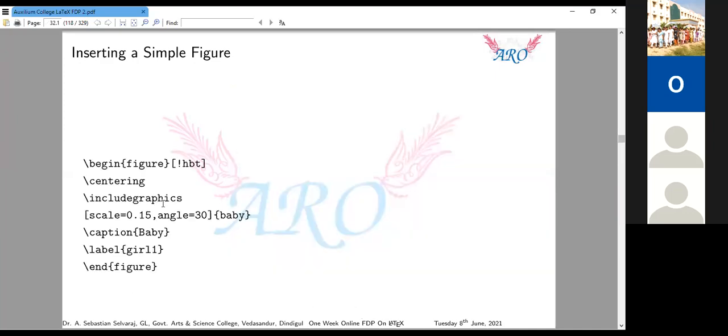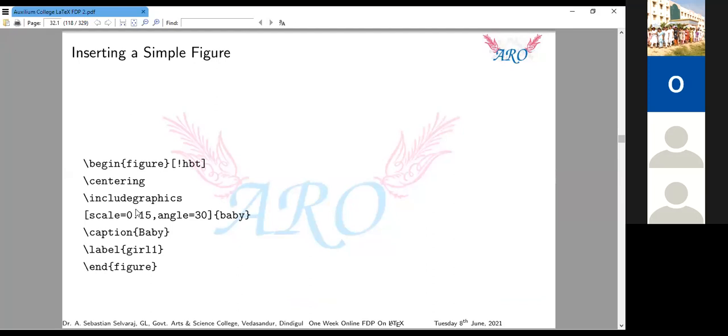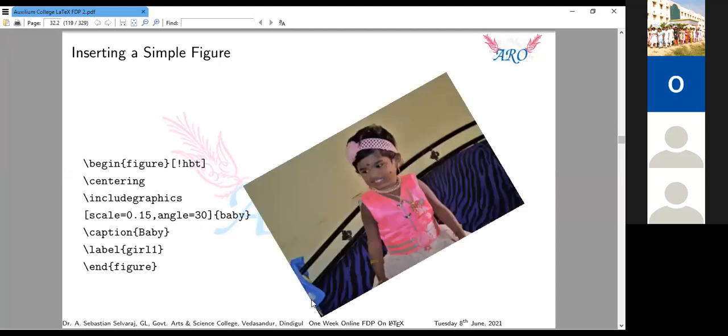One more example with angle, the same figure with small changes here only. In the previous example I used scale 2. Here I am using 0.15, reducing it to be even smaller. Angle is 30 degrees. I am going to rotate this figure exactly 30 degrees. Just to see the output. This is my base point. Negative angles also work here. Minus 30 means it rotates minus 30 degrees.